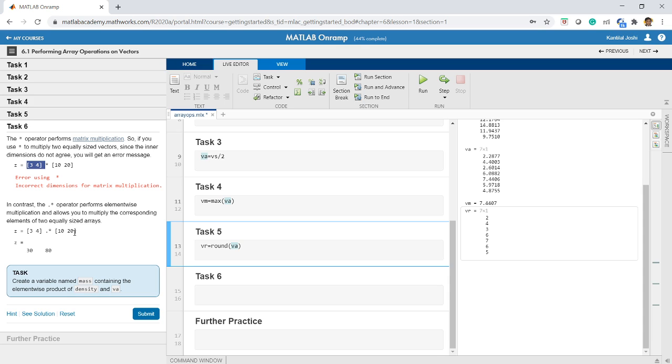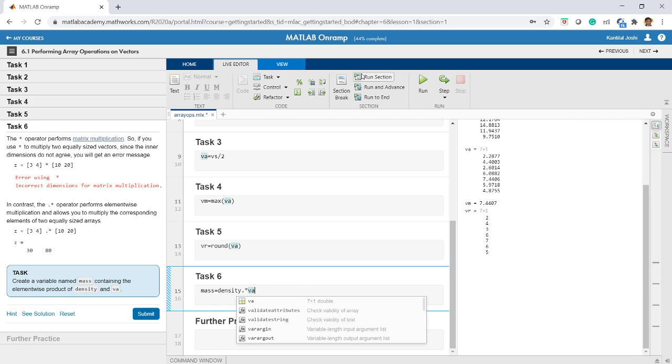So let us do this task now. We want to create a variable mass containing the element-wise product of density and VA. So I'll write mass equal to density dot star VA. This dot star will ensure that the element by element multiplication is happening.